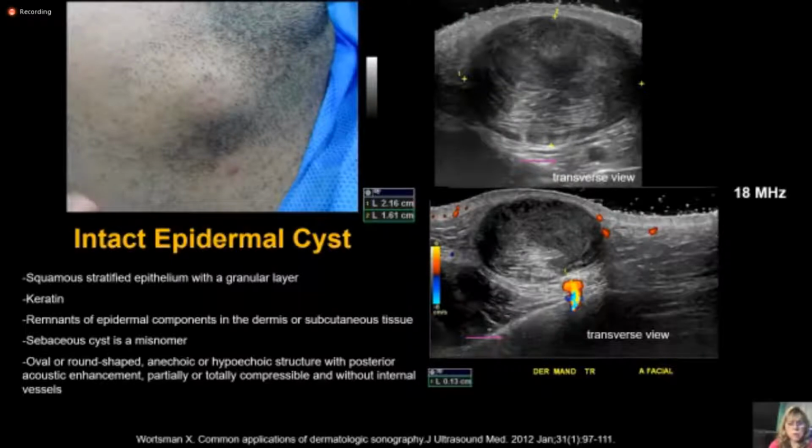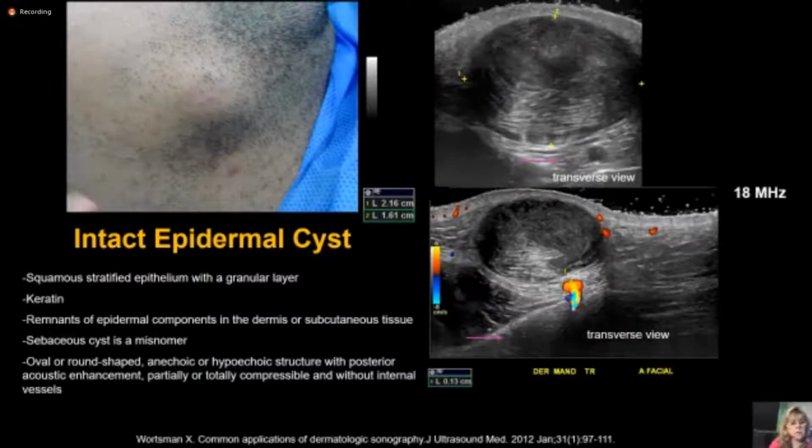This epidermal cyst, also called infundibular cyst, is lined by squamous stratified epithelium and presents a granular layer on histology. They contain keratin, and the term sebaceous cyst is a misnomer because the lesion does not present sebaceous glands or